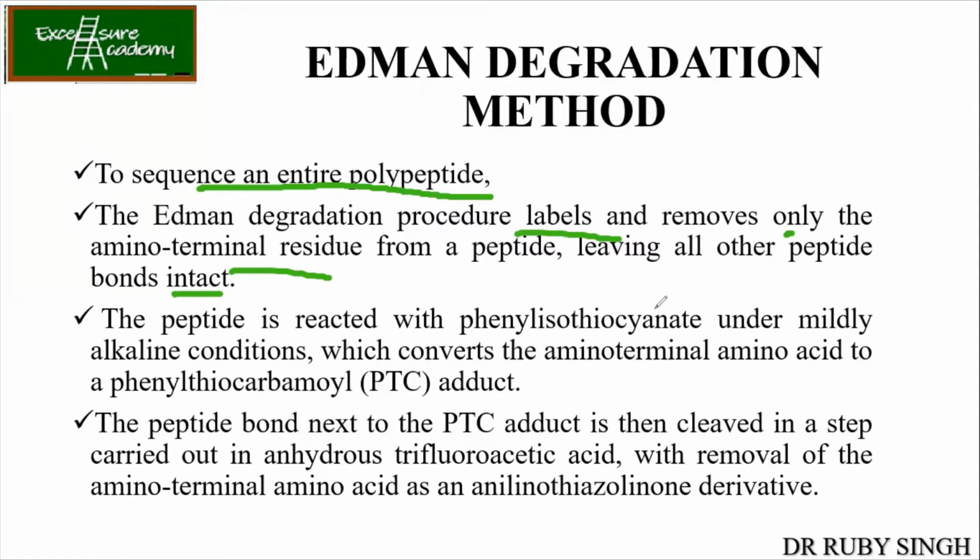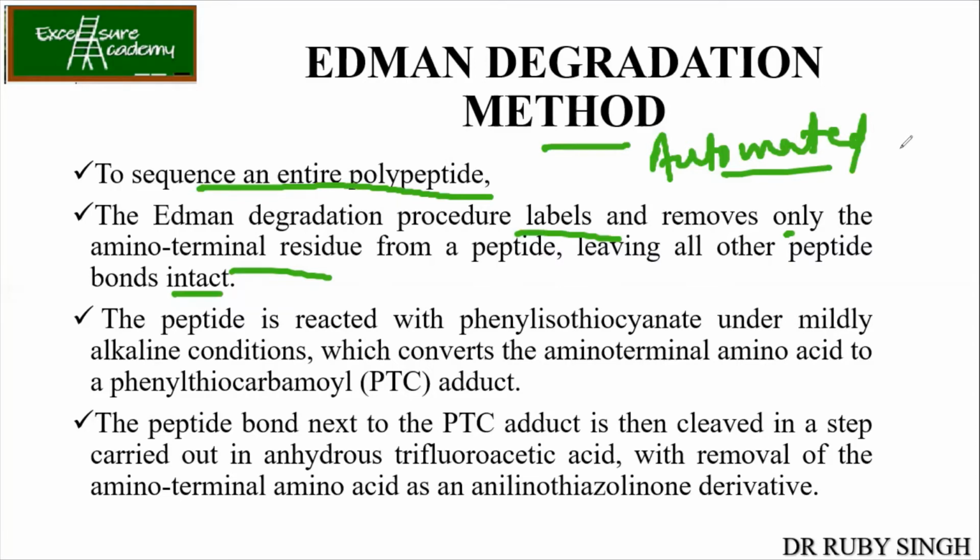So of course, which one is the better method, Sanger or the Edman? It is the Edman degradation method. Nowadays in most of the companies or research and development companies, they are using the Edman degradation method, but in the automated form now. So everything, automated machines are there. You just need to give a few milligrams or few micrograms of protein sample to the people, and they will give you the entire sequence of the protein.